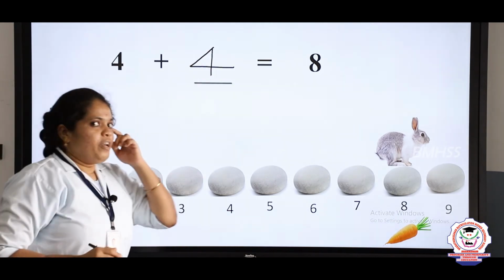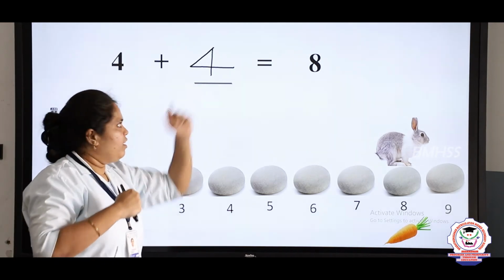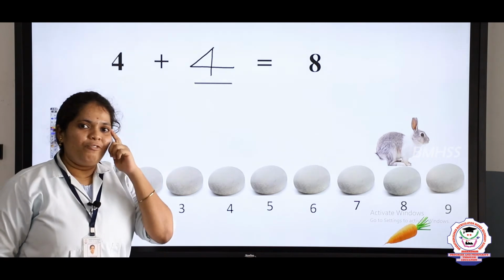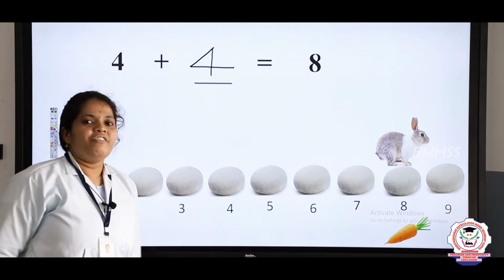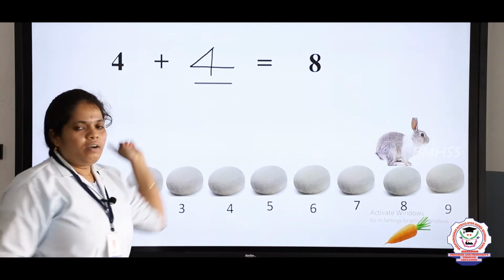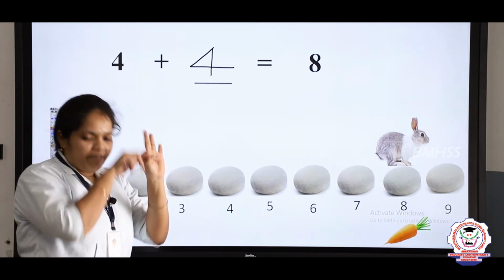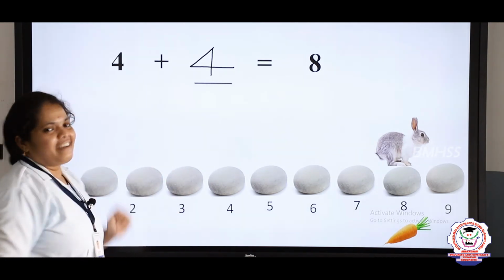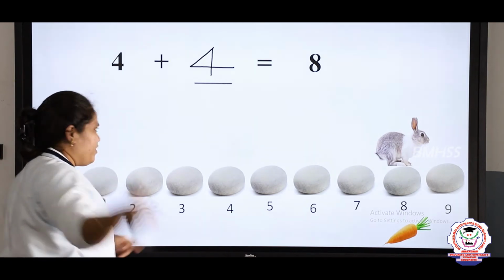So what should be in your mind? Shall we cross check it? Is the sum correct or not? Yes. What should be in your mind? Addend 1, 4. And what should be in your finger? 4. So addend 1, then after number 5, 6, 7, 8. So now our sum is correct. You also did very well, my dears.